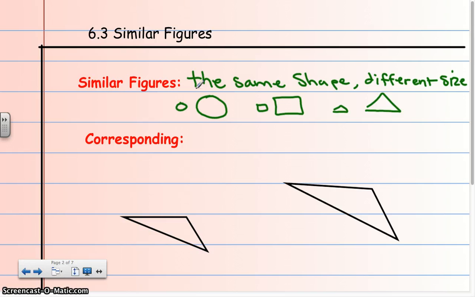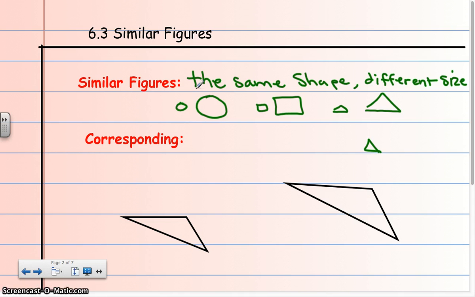Now what the book and the worksheets try to trick you with is they might take a shape like this and they're going to say, are they similar? Yes, they are. One's just flipped. So you gotta be able to actually visualize rotating it. You gotta be able to rotate the shape and say, okay, yeah, I can make it get in the same form. What corresponding means,